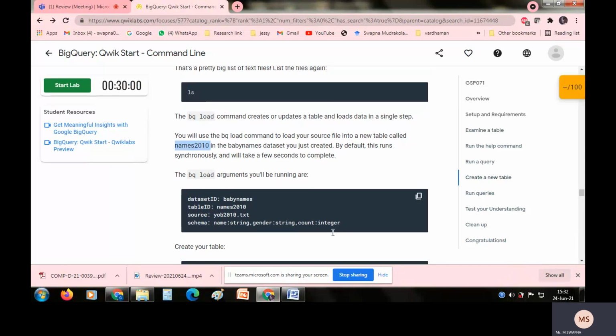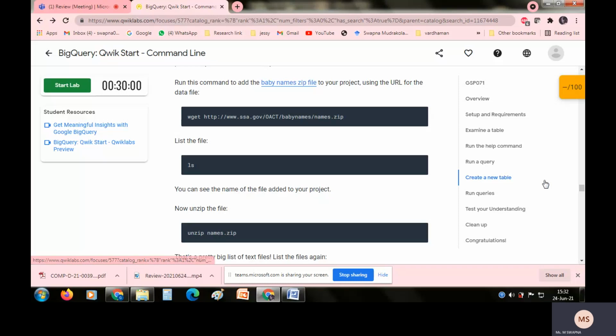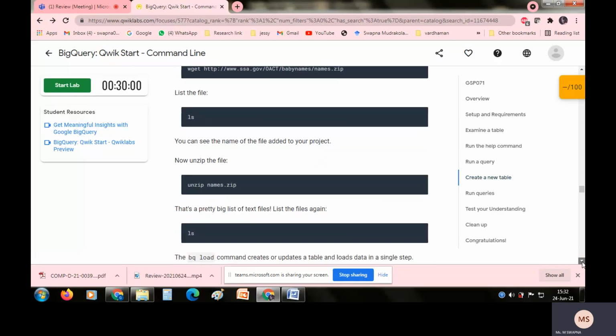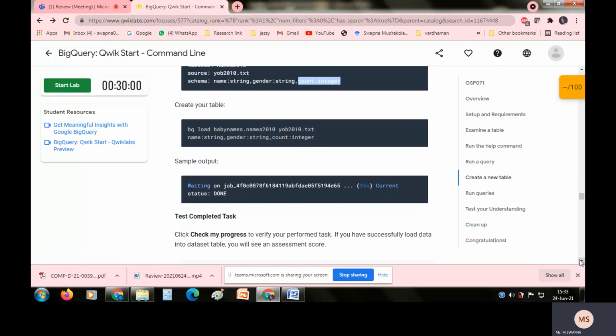The source you are taking from is the text file, which you will have somewhere in your URL. So that is your source file. From that source file, the schema is defined: name is of string type, gender is of string type, and count is an integer. So like that you are providing a schema.